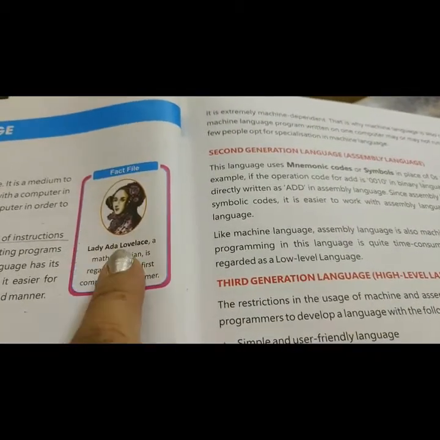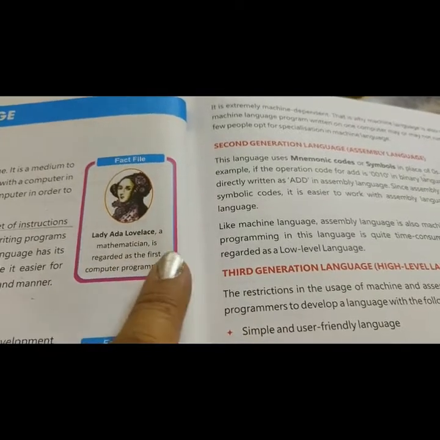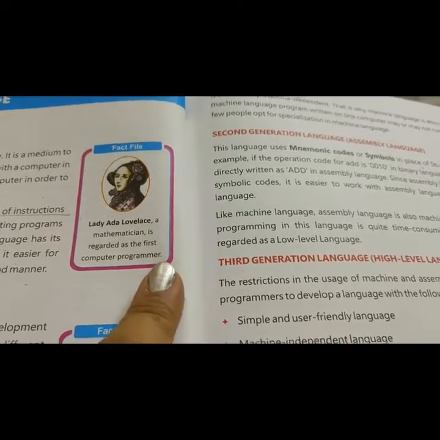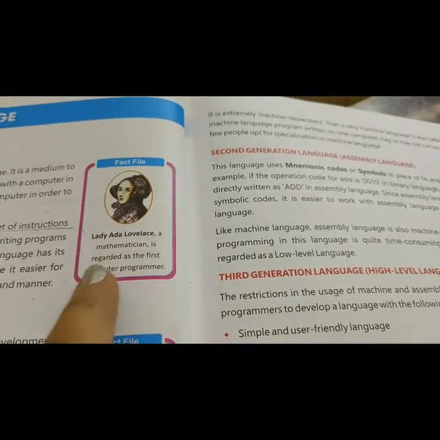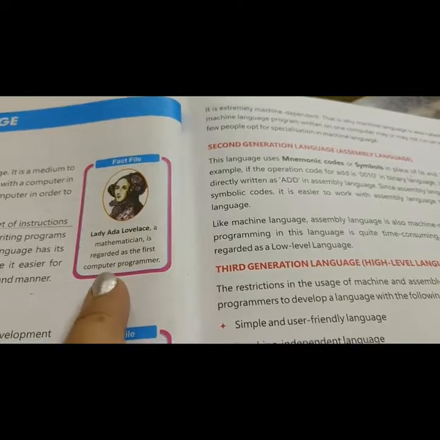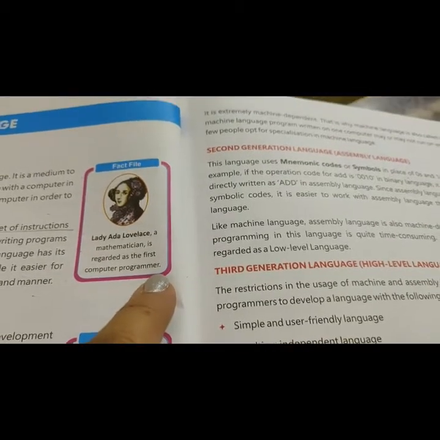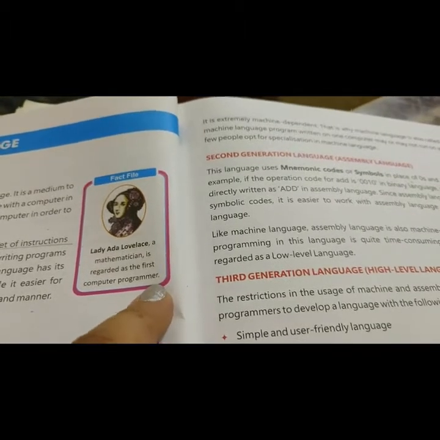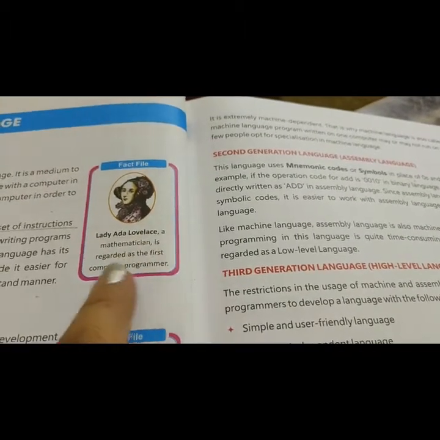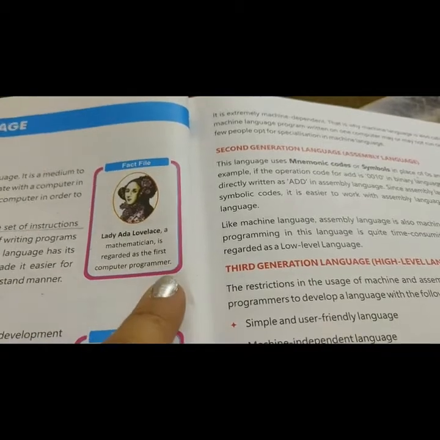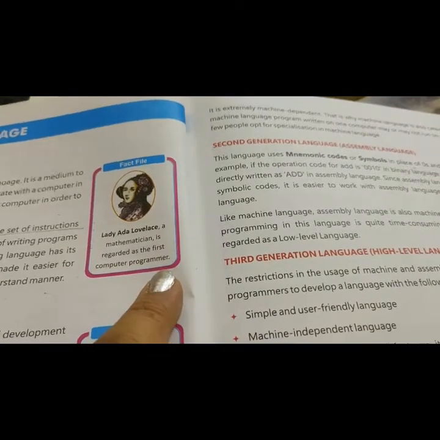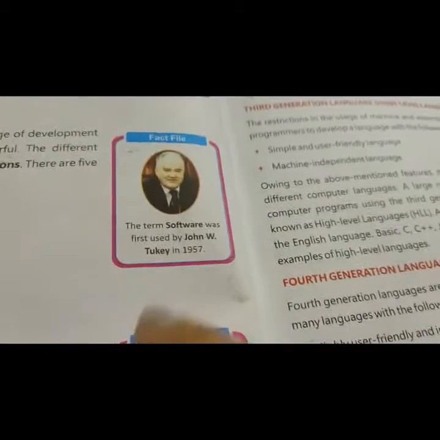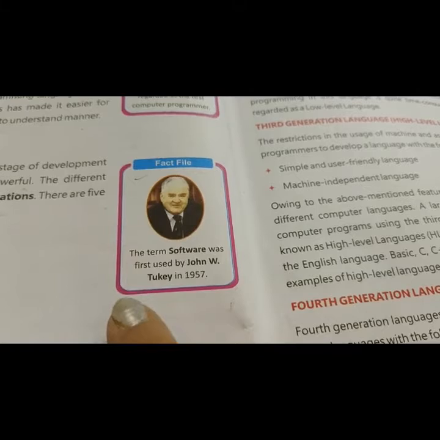Mark this line also. Lady Ada Lovelace, a mathematician, is regarded as the first computer programmer. It can be asked from you: a mathematician is regarded as the first computer programmer. Name, you have to write Lady Ada Lovelace, or it can be asked which mathematician is regarded as the first computer programmer. Then also you have to write the answer Lady Ada Lovelace. Okay. So next question is,